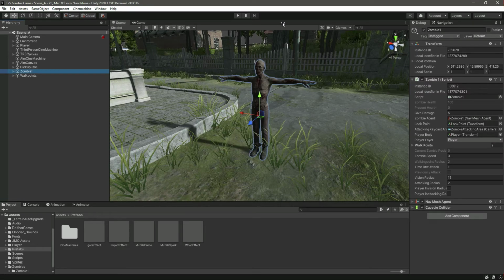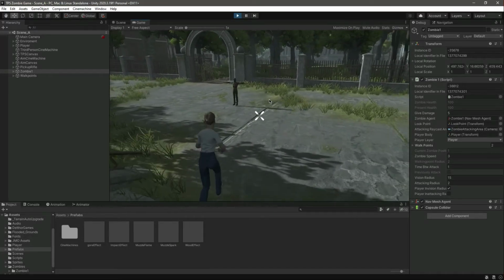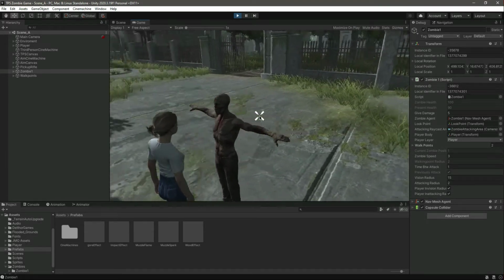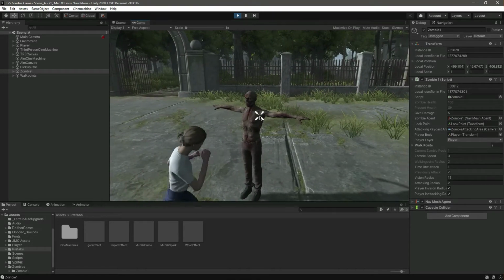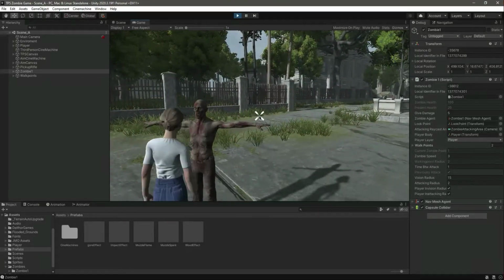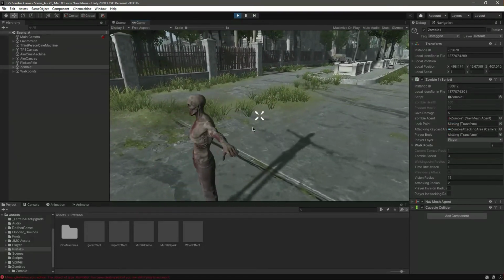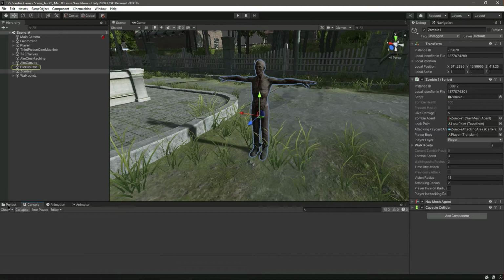So here is the zombie. Let's play the game. Let's get closer to the zombie now. Let's try to damage it. As you can see, whenever we hit the zombie, his health decreases. Let's try to hit him again. Okay, the zombie will eventually just kill us, but now, as you know, the punching also works,